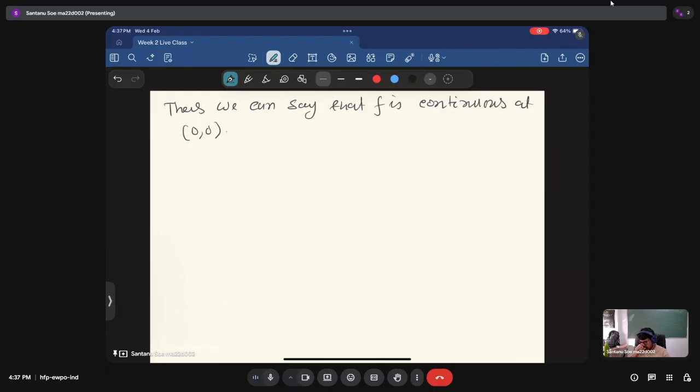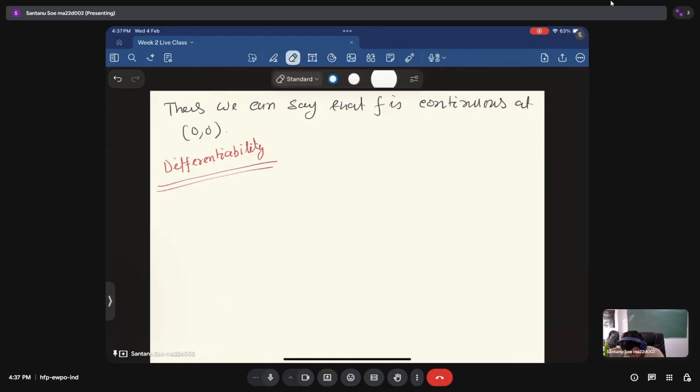Okay. So since using the epsilon delta definition, we have shown that given epsilon greater than 0, there is a delta, which is nothing but the epsilon itself, then the definition of epsilon delta holds. So that means the function is continuous at 0, 0. So now we have to check the differentiability. Okay. So to check the differentiability, we have to show that